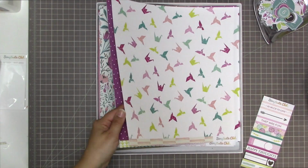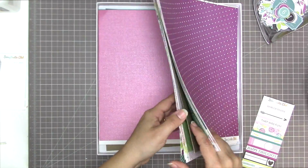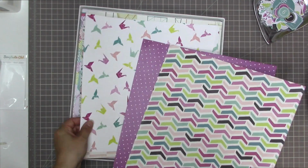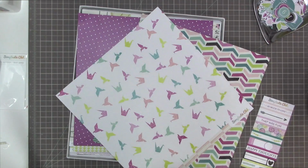This one is using the Purple Rain kit from Scraptastic, which is the kit for May of 2015. And I'm just going through the pattern papers that come in this kit. This kit has some beautiful, beautiful shades of purple and turquoise and teal and just beautiful colors that I absolutely